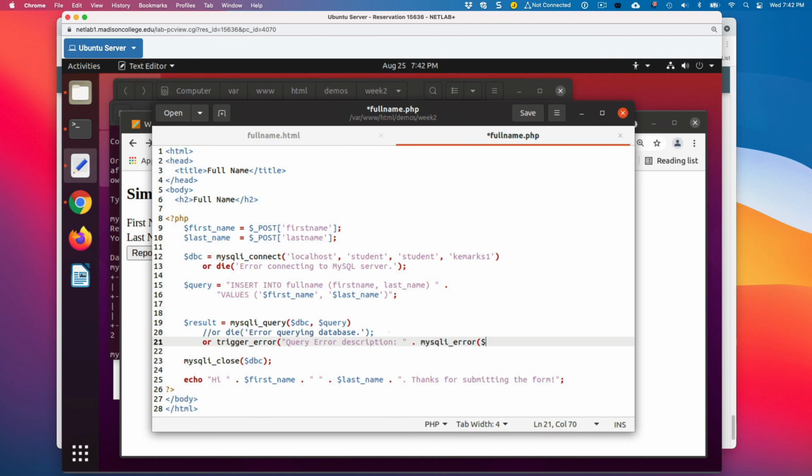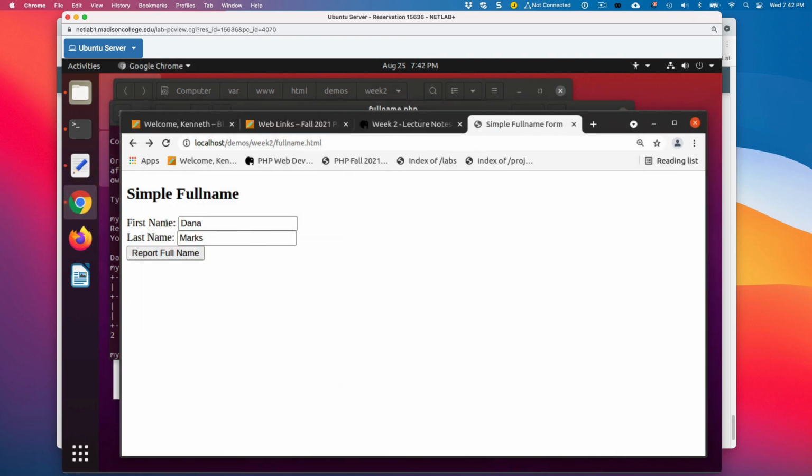It takes the DBC, so that's the actual connection right here, and then trigger error actually takes two parameters. So we'll just say E underscore user warning. There's a lot of magic I'm not explaining to you, but this will give us better output for what our error is. Let me save that. If I didn't do that right, I'm going to show you another way to do it. Let's see what happens when I do this now.